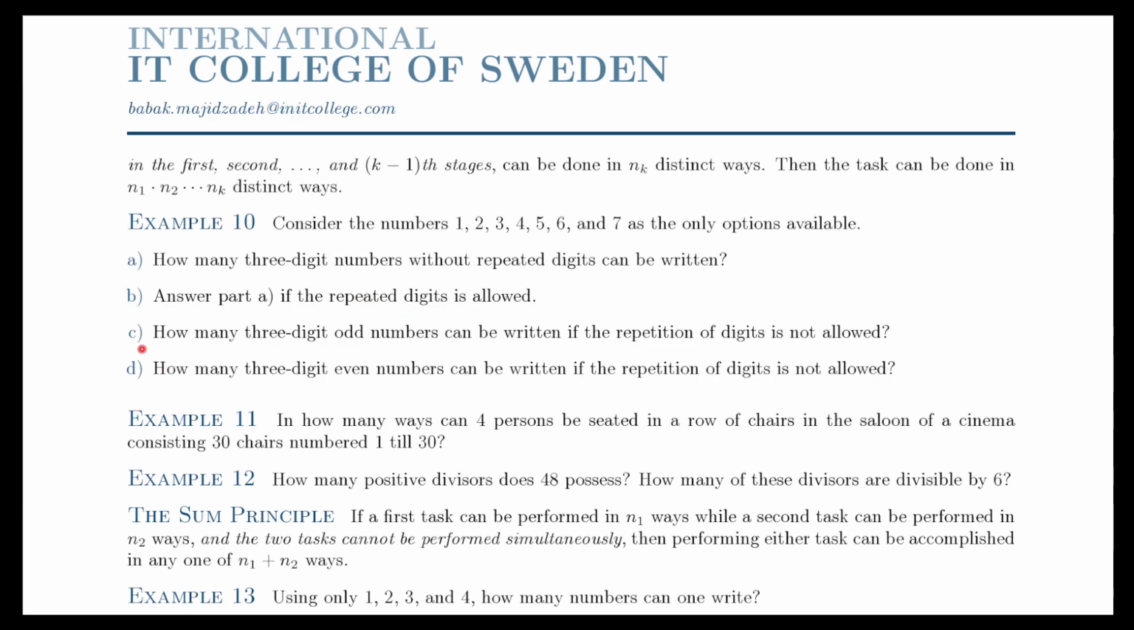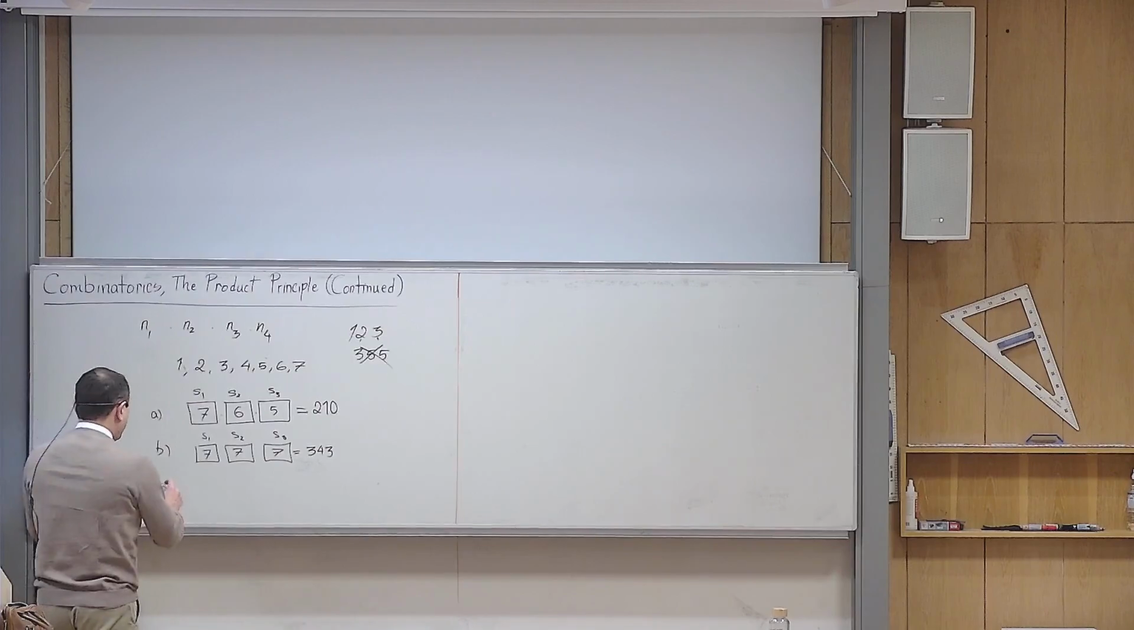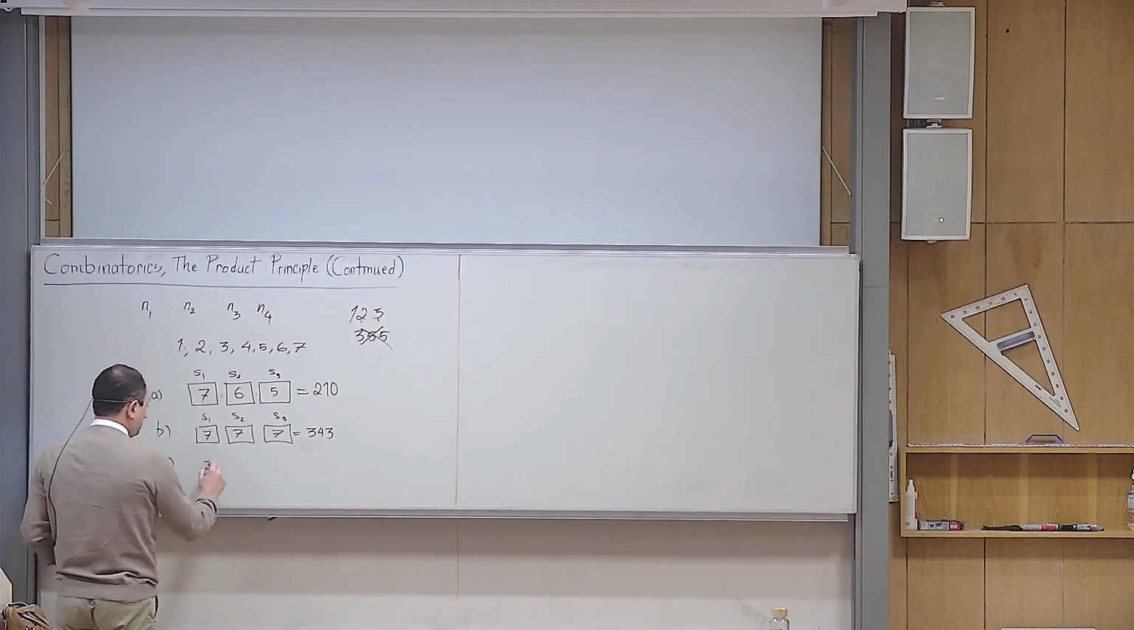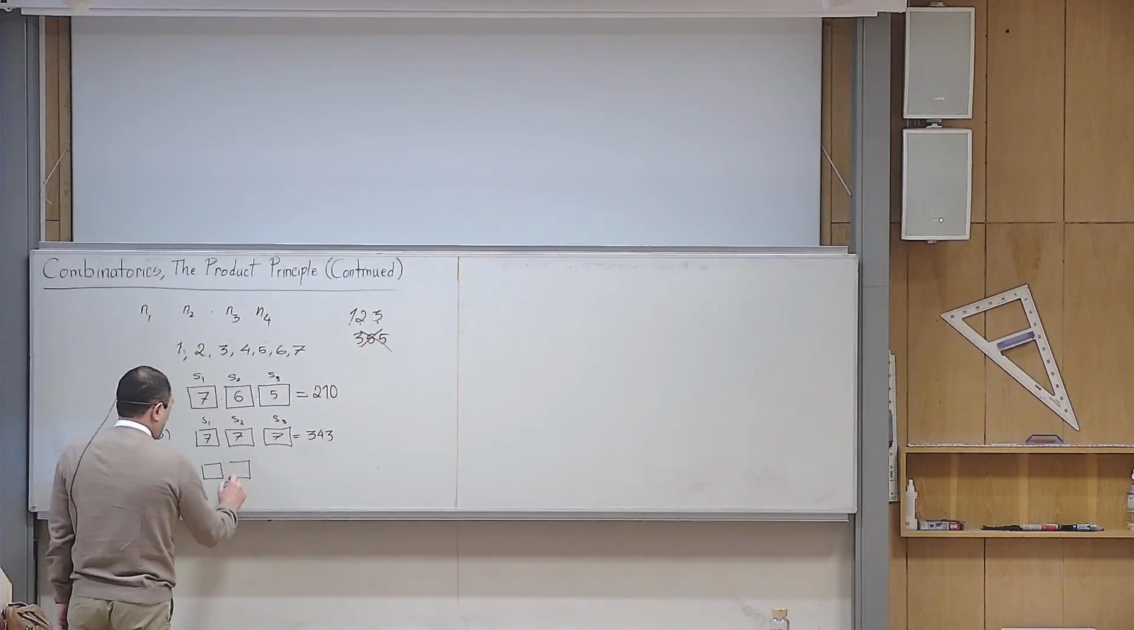Okay, part C, how many 3-digit odd numbers can be written if the repetition of digits is not allowed? Okay, so we want to have odd numbers. Repetition is also not allowed. So if you want to have odd numbers,